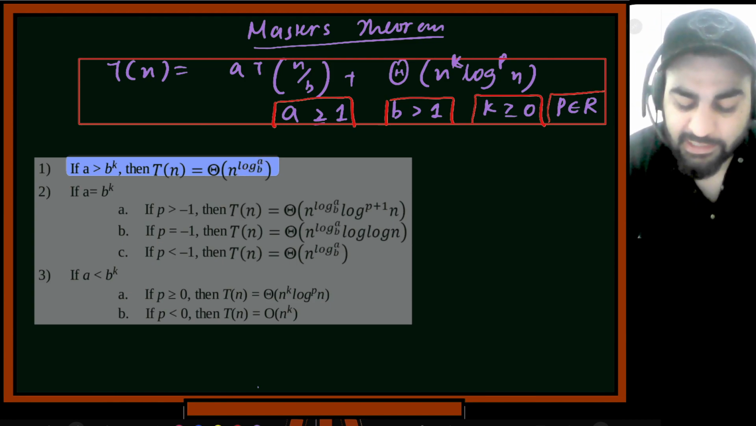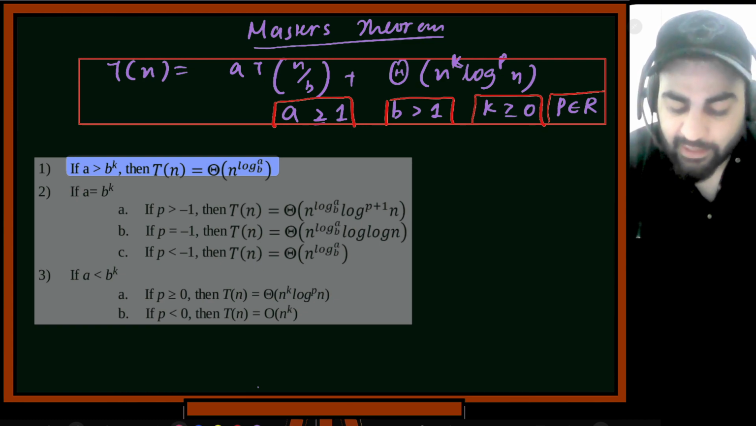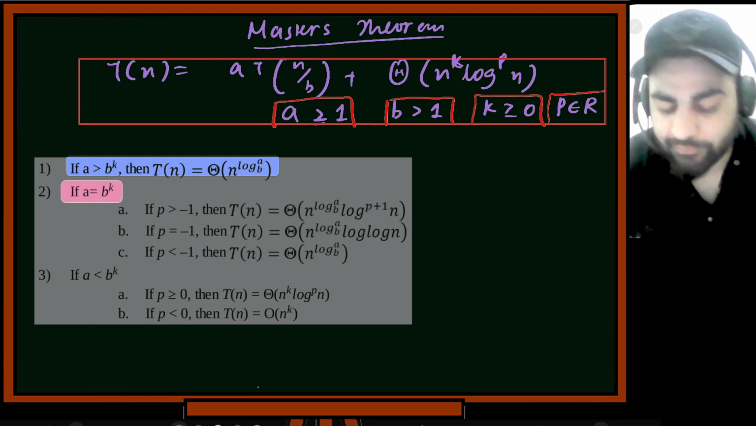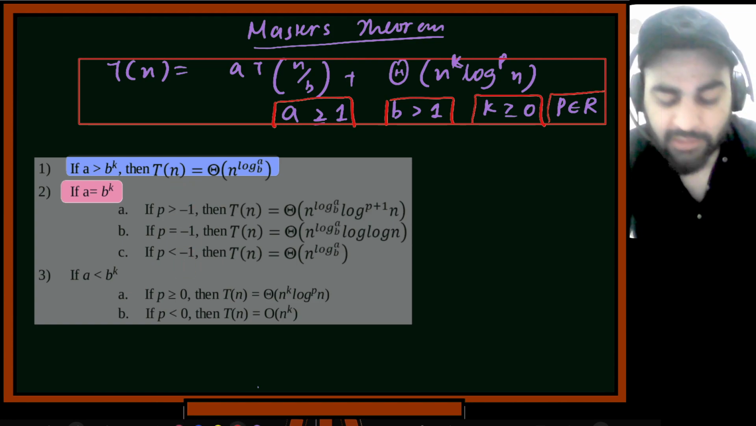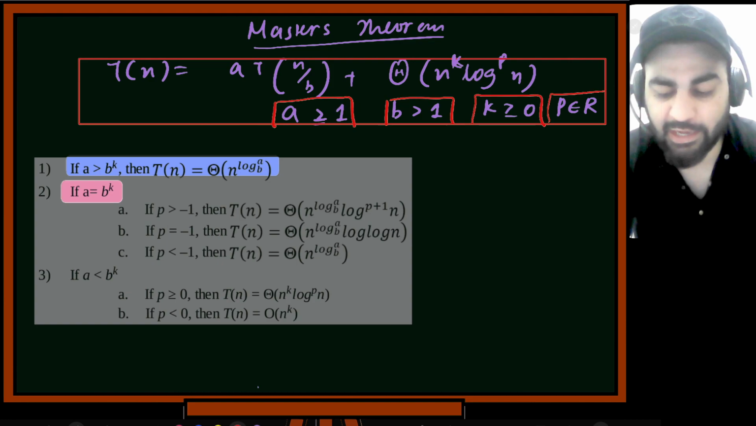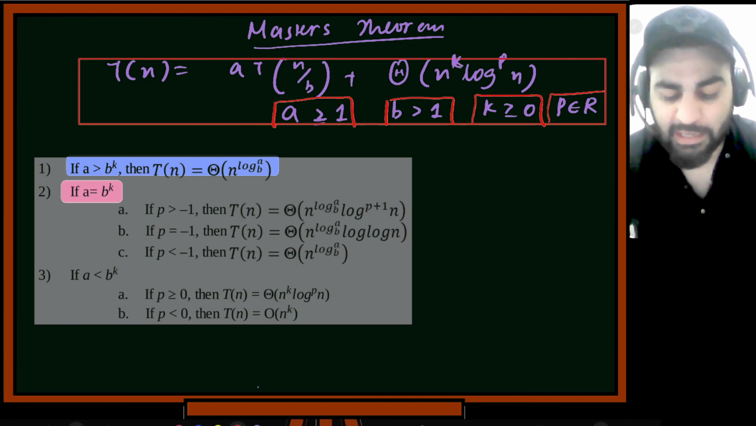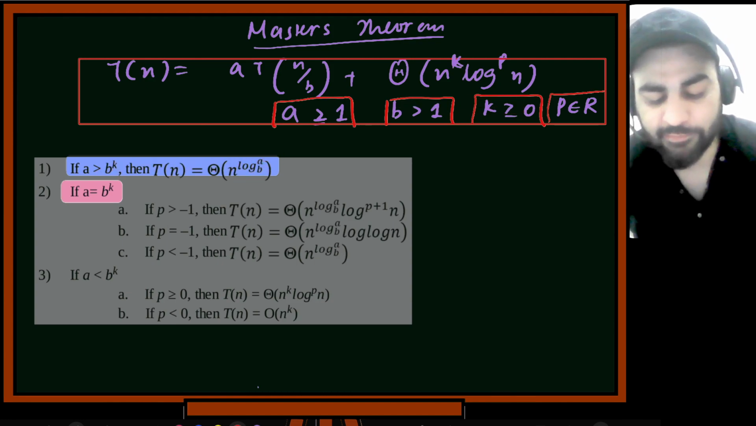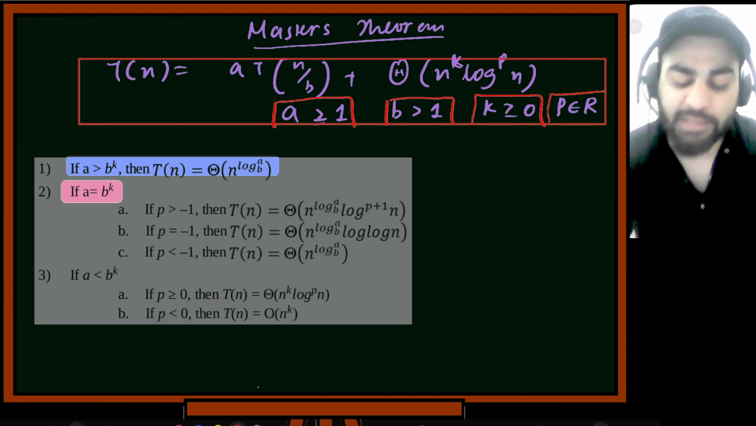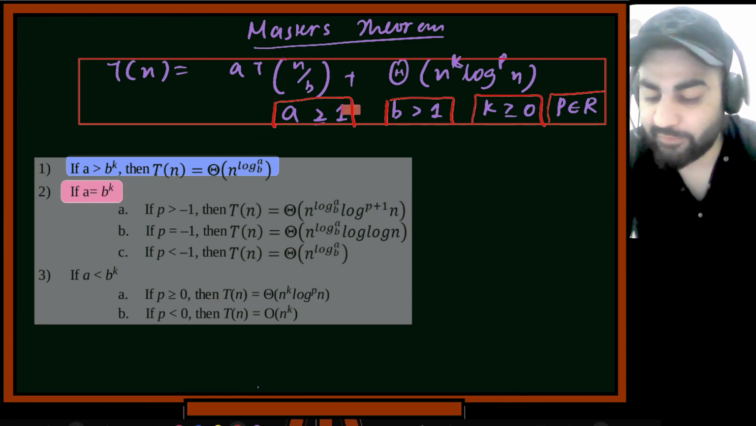In the second case, what you see is, if a is equal to b to the power k. This is the second case. So then in there we have sub cases. Now we will see p. In the first case we don't see p. We only see a and b. The first step is to see a and b. So if a is greater than b to the power k, what you will do is you will directly use this formula. But in the second case, if a is equal to b to the power k, if these two are equal,